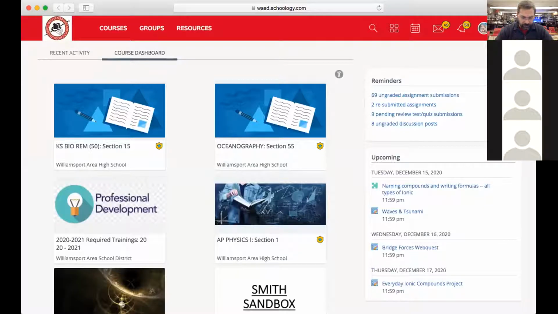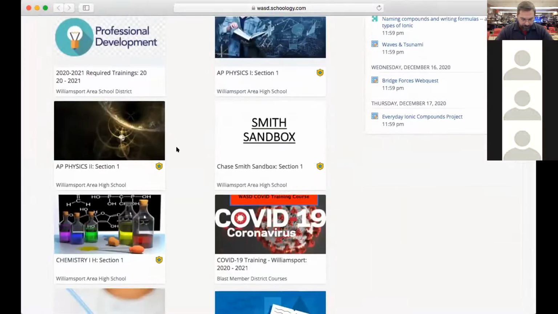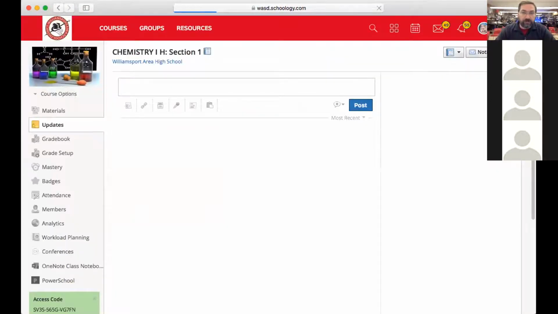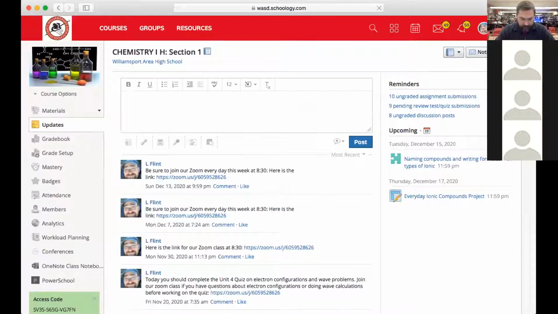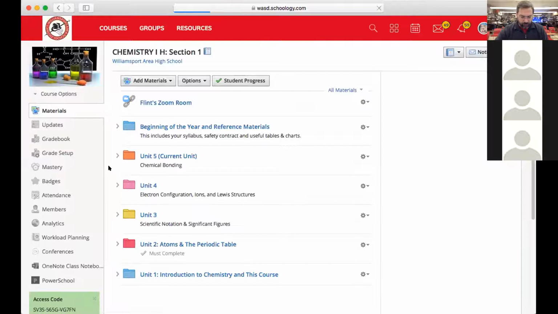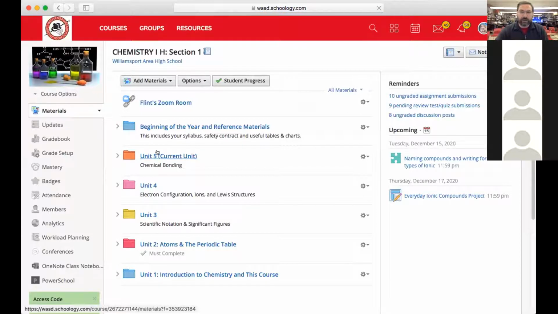All right, let me share a screen so that you can see how things are organized a little bit. Okay, in the Chemistry 1 course, okay, let me get down to here. Okay, in the materials section, I don't know if I reorganized this before yesterday or whatnot, but I decided to